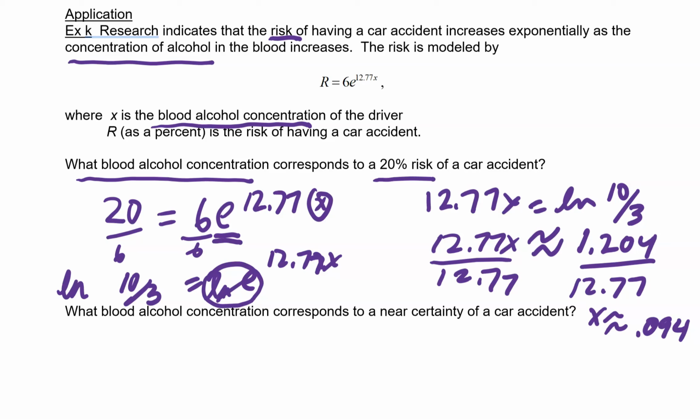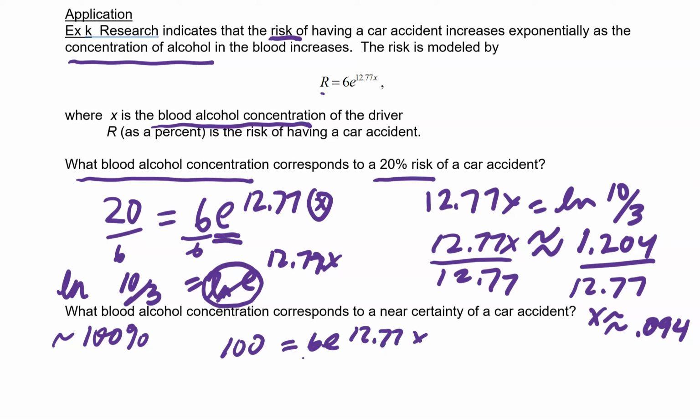Now let's ask the question, what blood alcohol concentration corresponds to a near certainty of a car accident? And in this case, the phrase near certainty implies 100%, or pretty close to it. So we are now going to substitute this for R, the percent of risk. So if we plug it back into this equation up here, we've got 100 is equal to 6 e to the